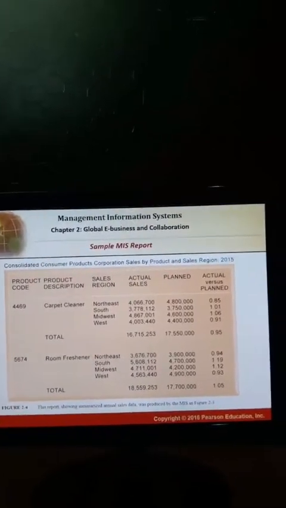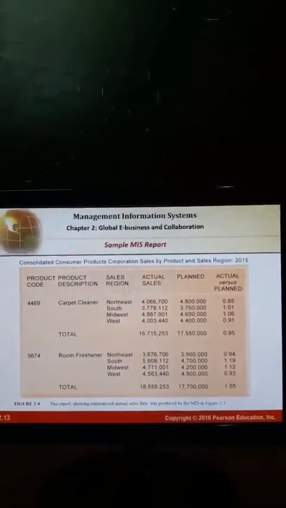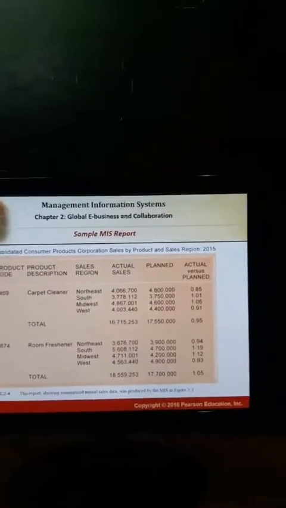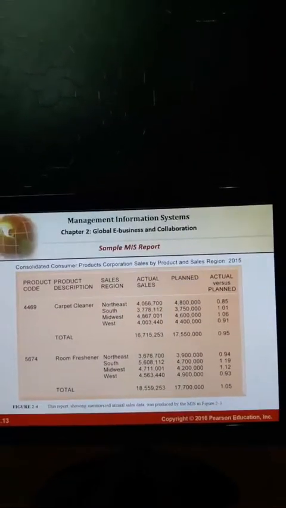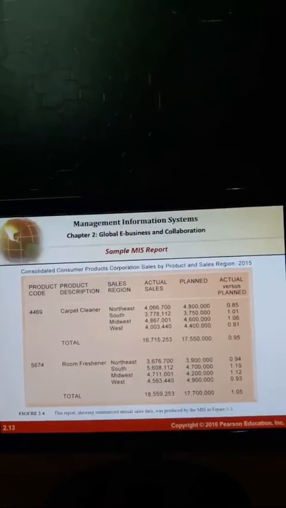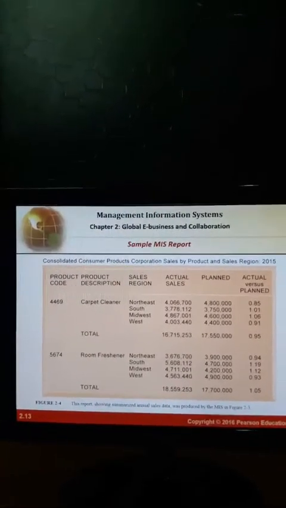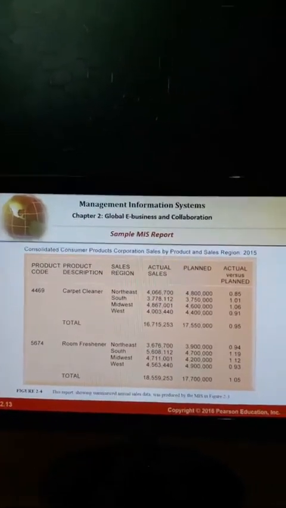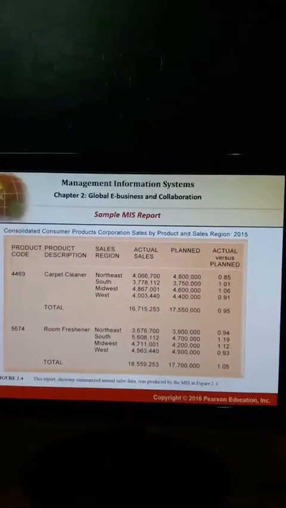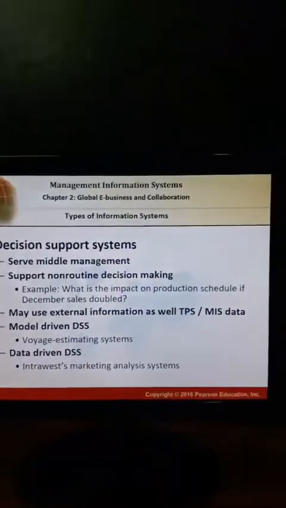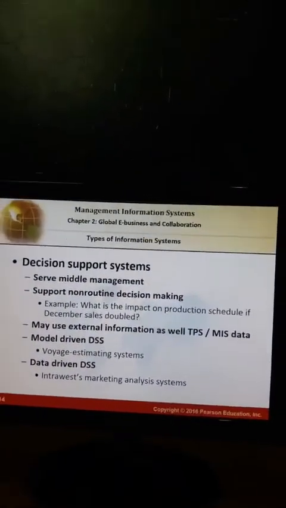From this example, you see actual sales versus planned sales. This kind of report has been prepared by the MIS managers. So MIS managers convert data to information, and then the third type of information system is DSS,